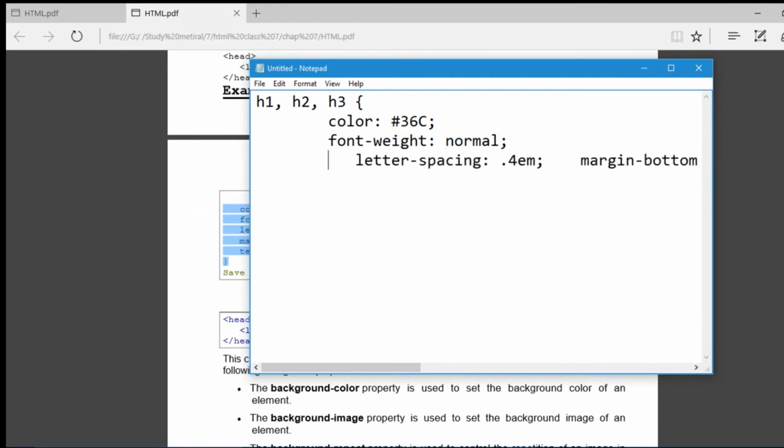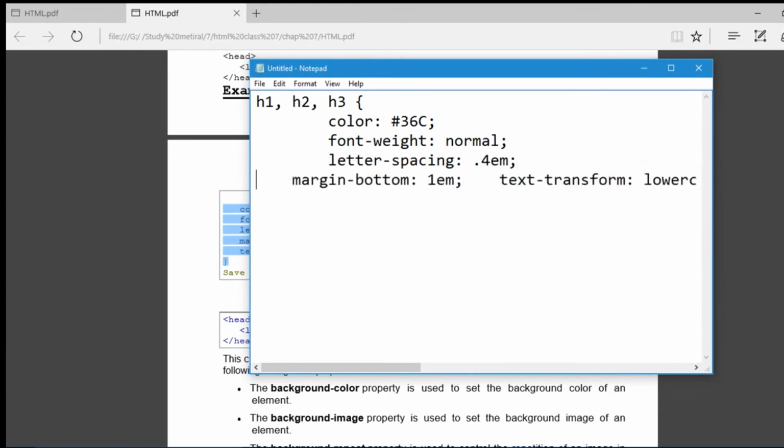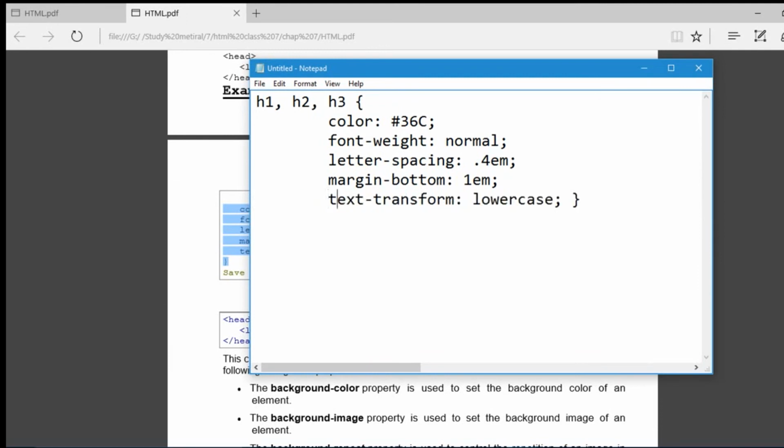Now margin from bottom, text transform, here I am also applying, okay, I am not applying the other properties.